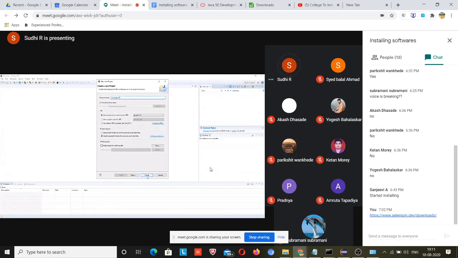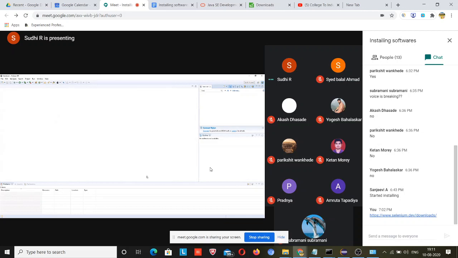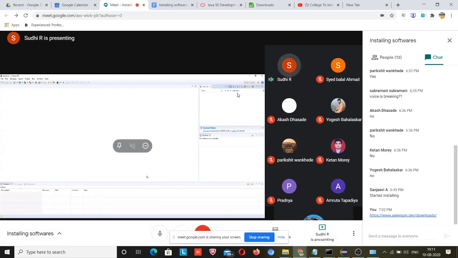Maybe it is created, I don't know. Open it. Click on the side folder; the project is actually created, but your screen is not showing the left part.